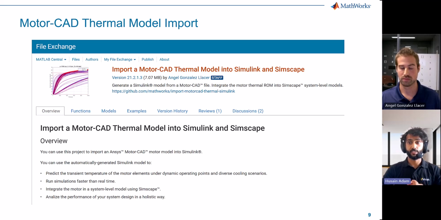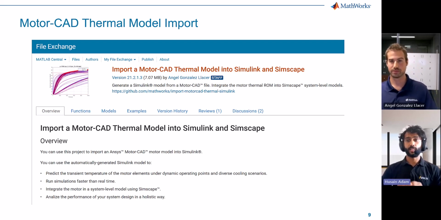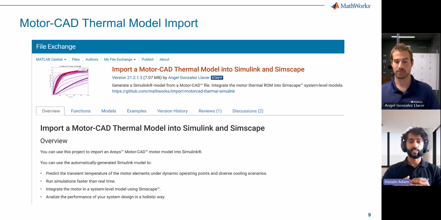So it has the speed of the MotorCAD Simulink export, but it also has increased accuracy, much like the FMU does. The way this works is that instead of the user choosing a single speed, flow rate, and temperature, they're allowed to select from a range of these values, and MotorCAD will then export the thermal resistance network at each of these different operating points. Simulink will then take these thermal resistance matrices and then automatically interpolate between them depending on what the user selects as the inlet temperature or the flow rate or the shaft speed.